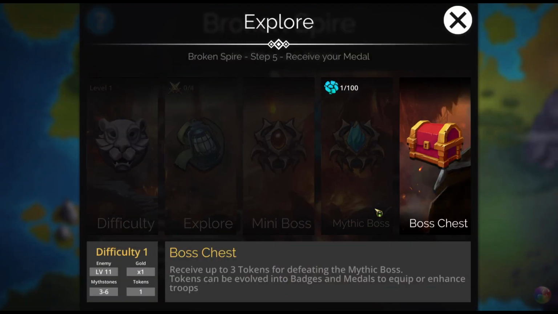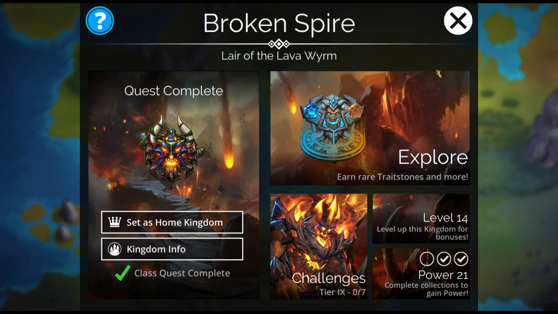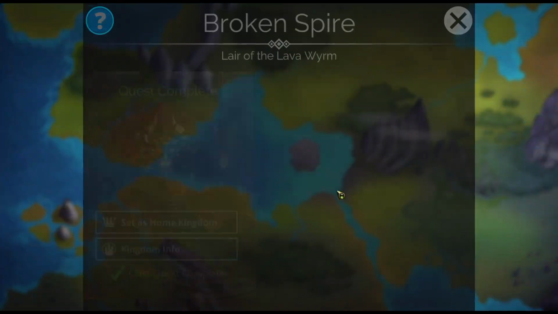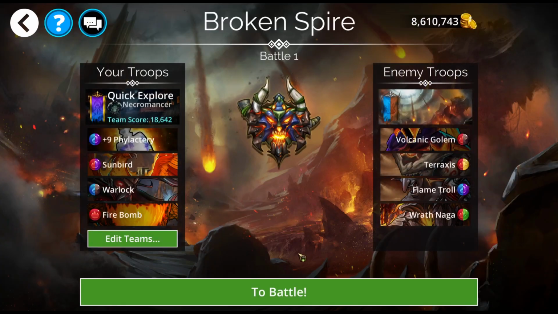Alright, if I get a Mimic, run away! No Mimic. So I needed Tokens of Guard anyway, so that's fine. So we're just going to stay here in Broken Spire, why not? And I'm going to do another level 1 just because